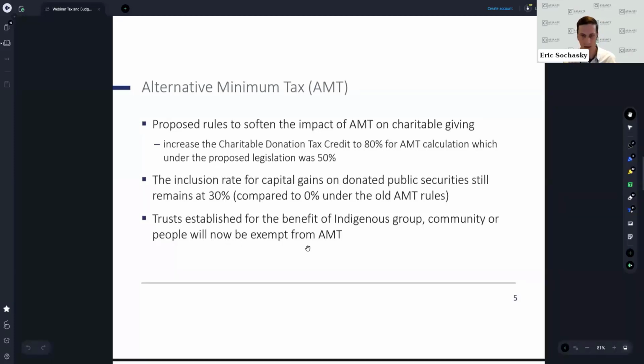This was just an oversight in the original drafting. Some of these trusts were being lumped into these rules when they otherwise shouldn't have been. And before we move on from AMT, I want to tie this back to some of the capital gains exemption stuff that we talked about earlier,